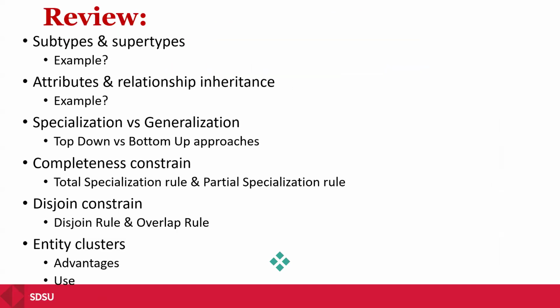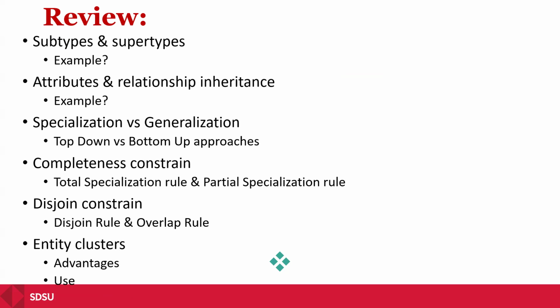Right. Let's talk a little bit about what we did last class, and that would be advanced data model. We talked about subtypes and super types. Hopefully, you guys can give some examples now. So, example of super type would be a vehicle with subtypes car and truck. And if you guys remember, we talked about motorcycle, why it's not a subtype, because motorcycle doesn't have its own specific